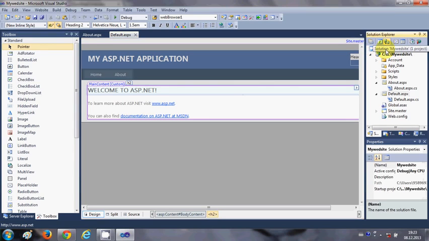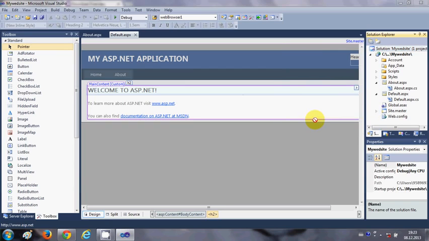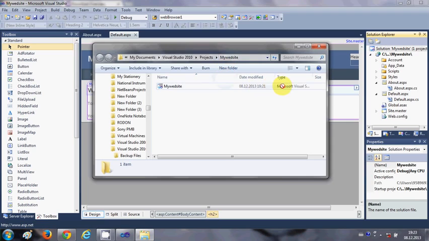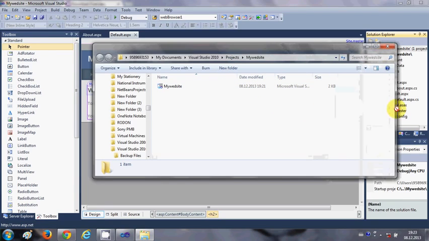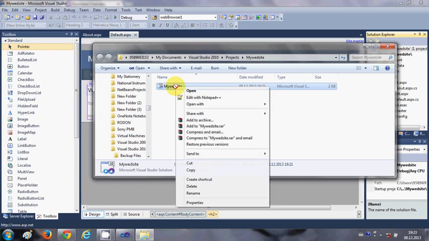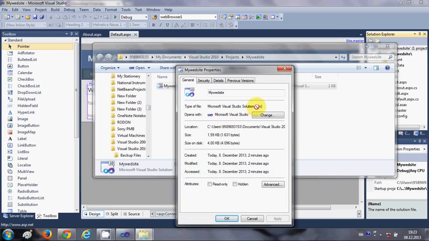Okay, and the solution has an extension. When you right click your solution and go to Open Folder in Windows Explorer, you see your solution is here and it has some extension. So your solution has an extension. For example, I will right click and go to Properties, and my solution has the extension